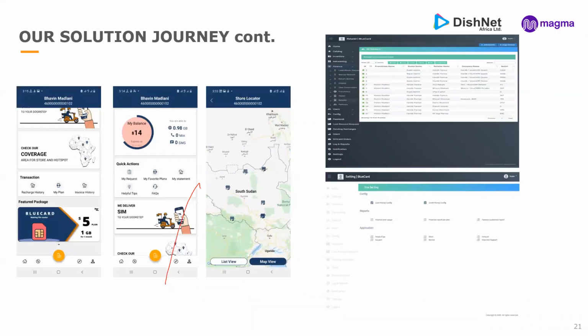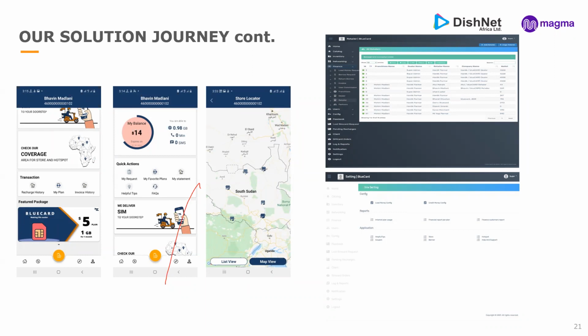This is how we give our customers the ability to check their data, do their recharge, and get notifications regarding data consumption.